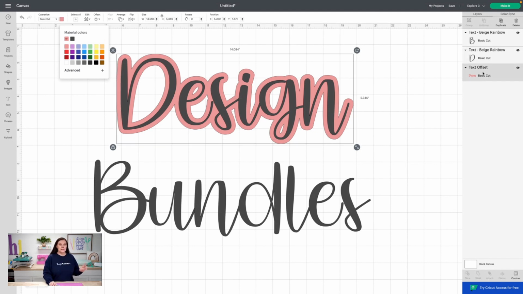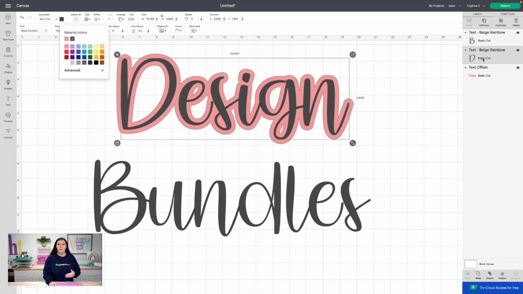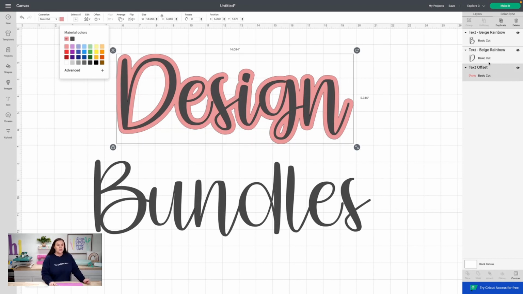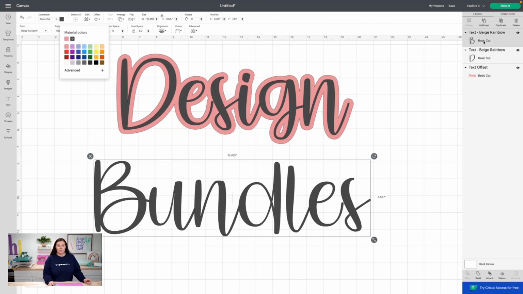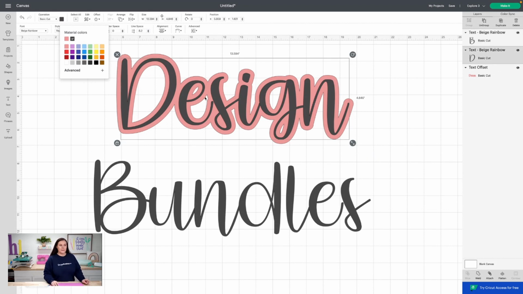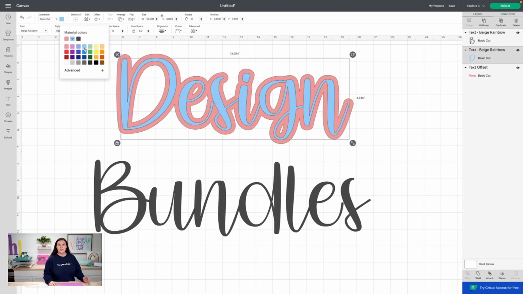So the way that I'm accessing these different layers is right here on the right-hand side of the screen. You can click on each layer like so. So we're going to go ahead and click on the letter D because that's for design. And to change those colors, as you see me do, click on that. You can tell that it's highlighted. You can see the darker gray. We can come over here to the left-hand side and you see that color box here. We can now change that color. So you see how we did the pink and the blue there.